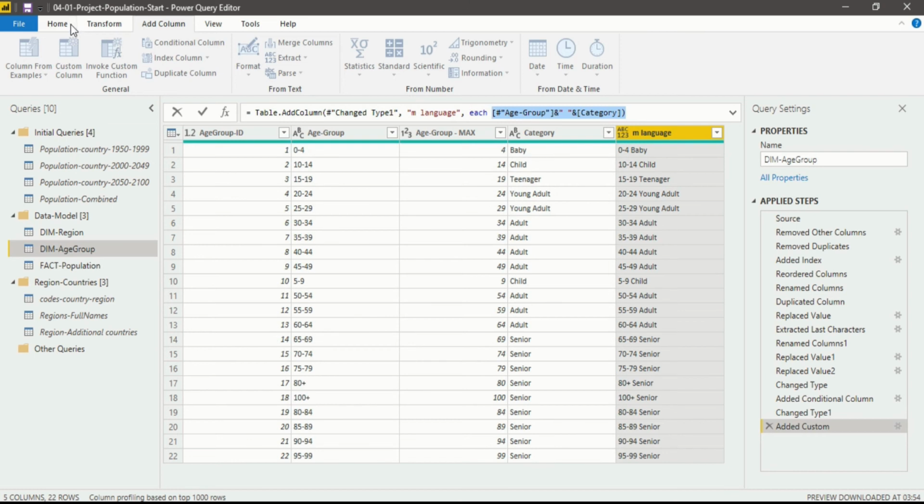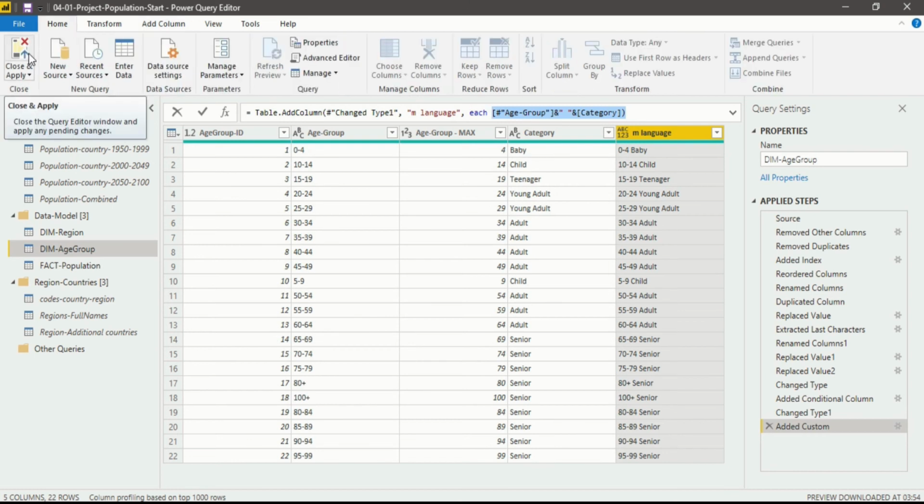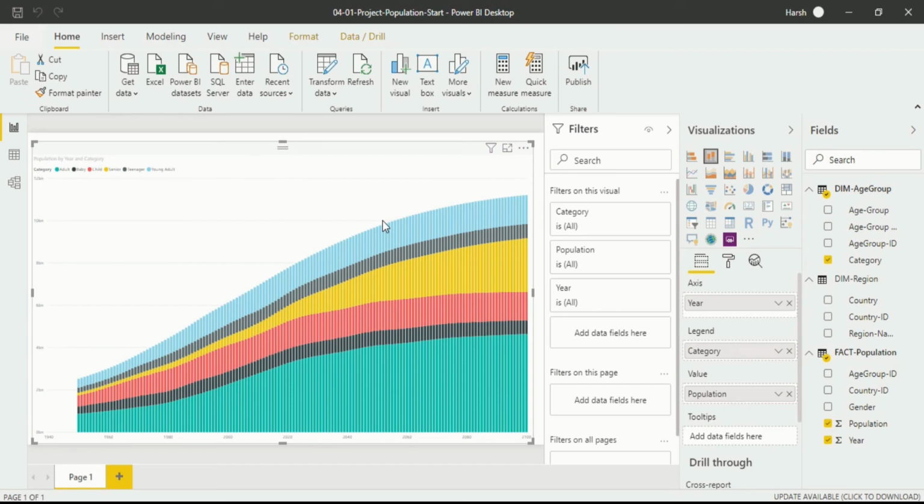Now let's get back to the data view and see how this differs from the DAX language, because this is all written in M language. So we have to click on close and apply, and this close and apply will direct us into the data view interface. The changes will happen in our data set. It will take a few seconds to happen, so wait for some time.